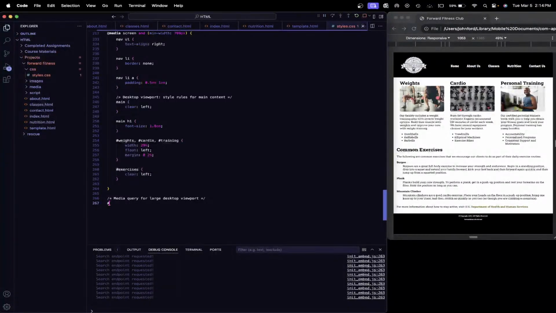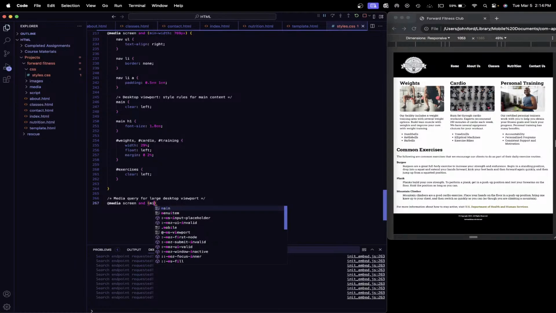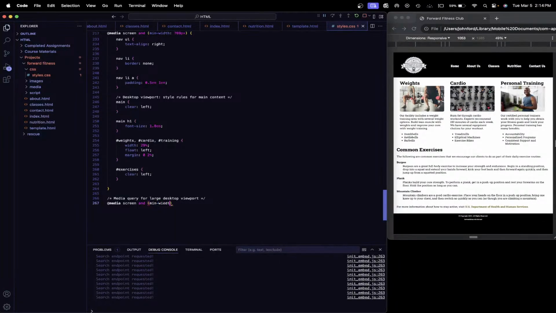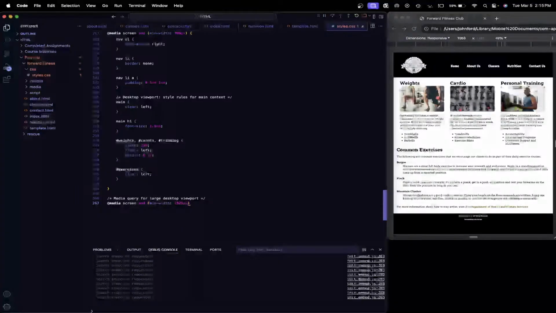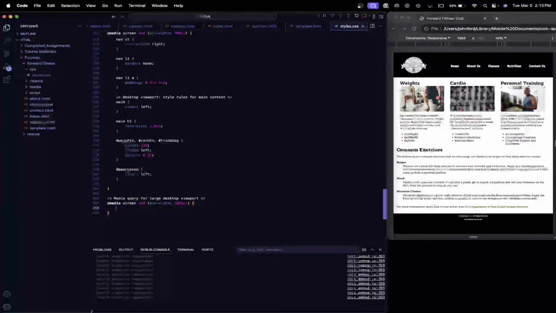All right, so let's do add media, screen, and min-width. Oh, that's how you spell that. 1921 pixels. Okay. Space there. Cool. And there is the new media query right there. All right, wonderful. All right, so now we need to do